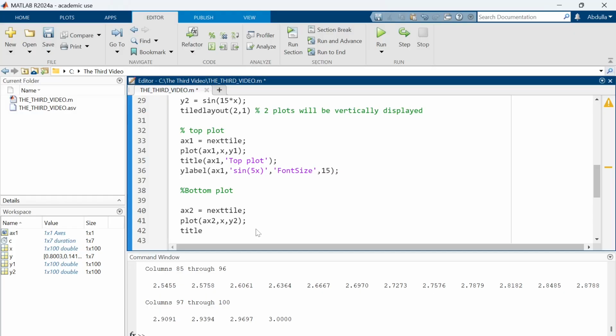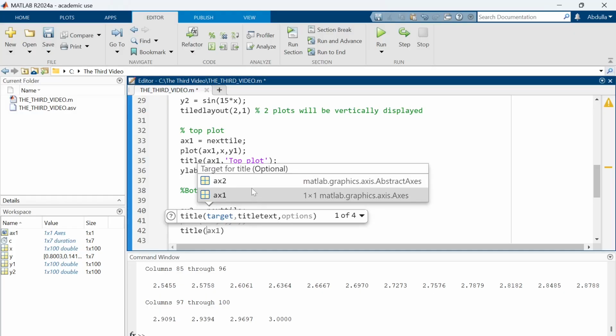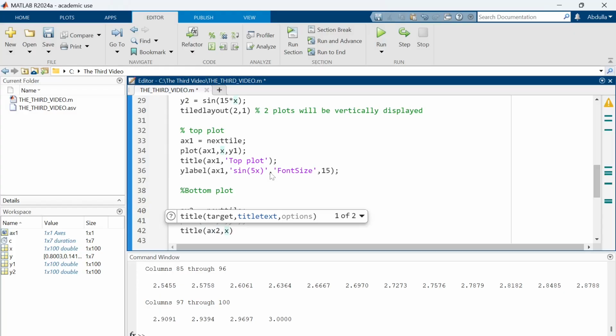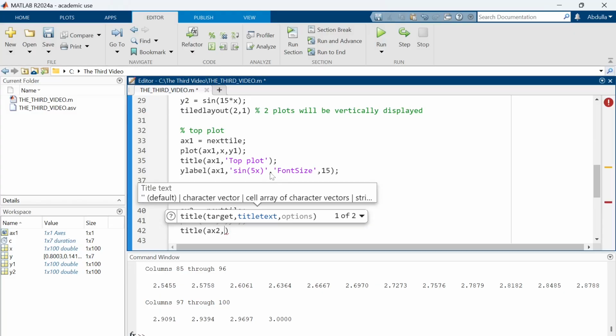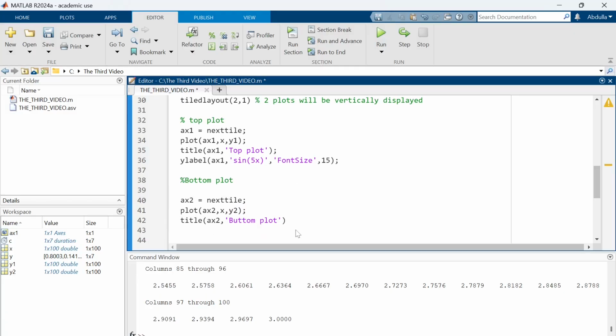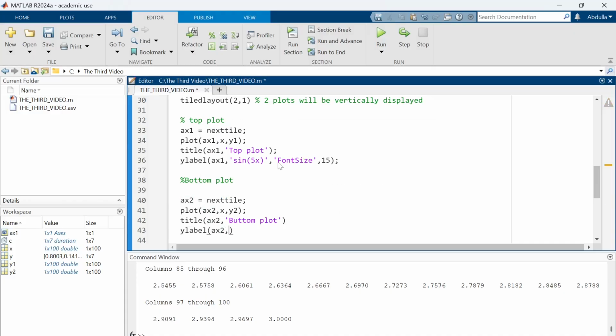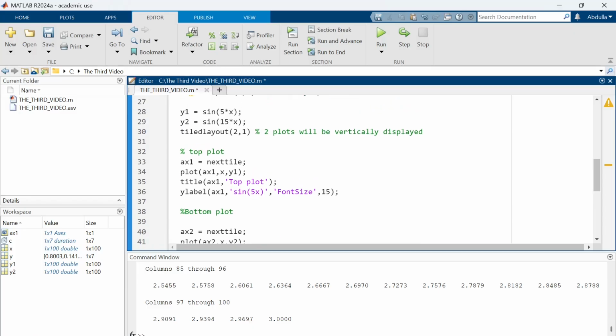Title, same thing, I have to specify which plot I'm using, so it's AX2, and then I'm gonna write bottom plot, and then Y label, same sequence, but this time AX2, comma, then what's my Y label? I wanna write it sine 15x,